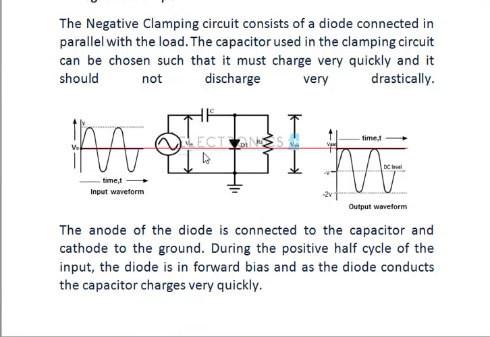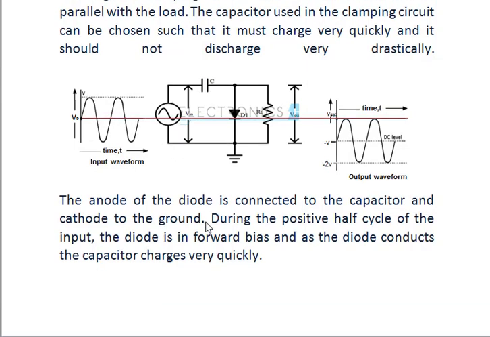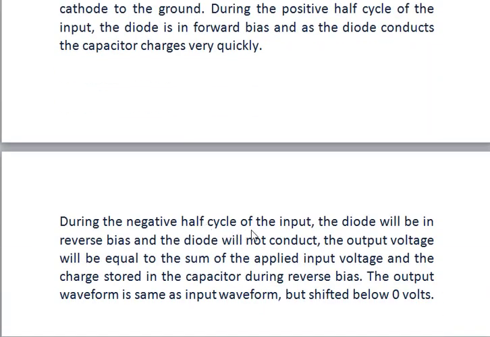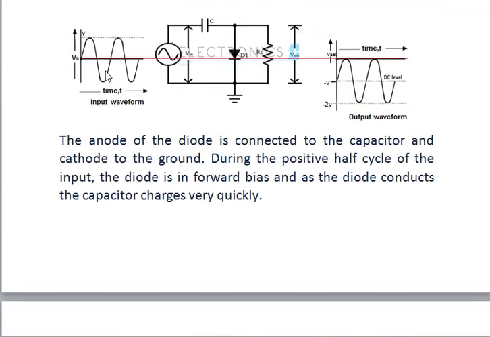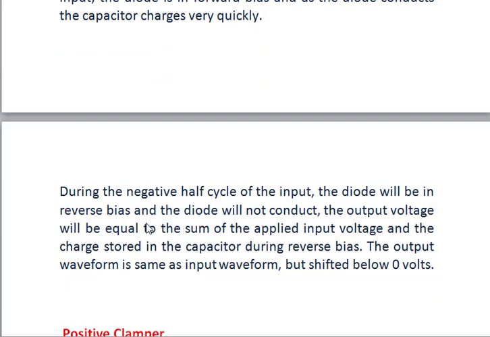When it is fully charged, that is during the positive half cycle, the diode is forward biased and conducts. The capacitor charges very quickly to its peak level using this input waveform. During the negative half cycle of the input, the diode will be reverse biased, so here, the diode will not conduct. The output voltage will be equal to the sum of the applied input voltage and the charge stored in the capacitor